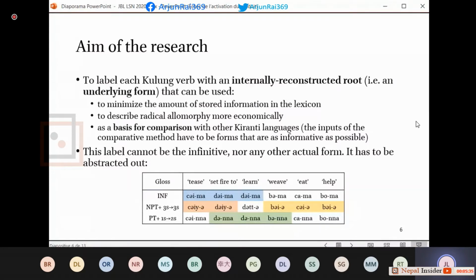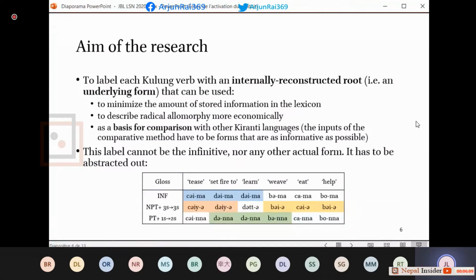As for vocalic verbs, conversely, the infinitive is less ambiguous than the non-preterite 3 to 3, as you can see in the last three columns, bama, sama, boma. But you also see that the inflections of soima, to tease, and doma, to set fire to, while they are identical in the infinitive and the non-preterite, have to be distinguished on the basis of their past 1 to 2 form. So if you only know any two of these three cells, you can never know for sure